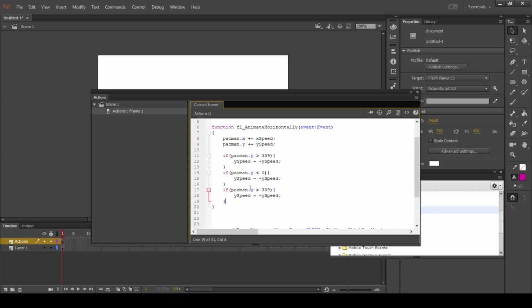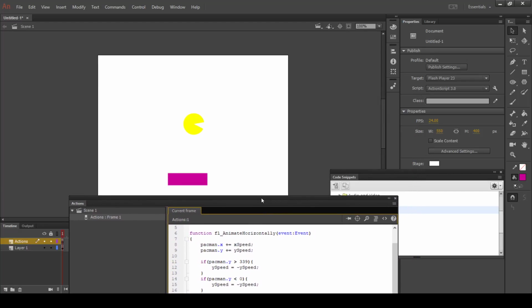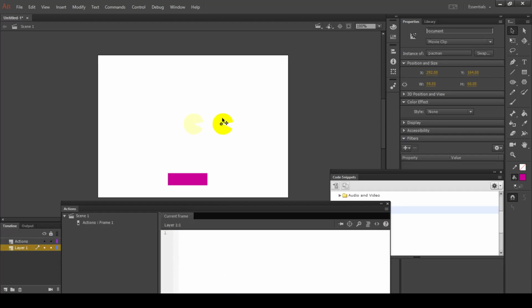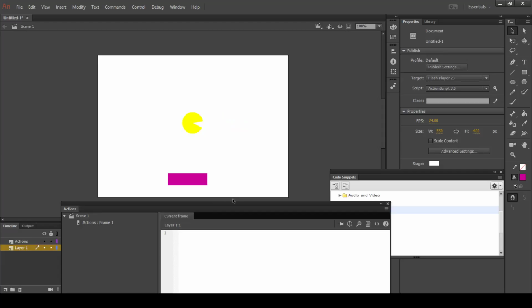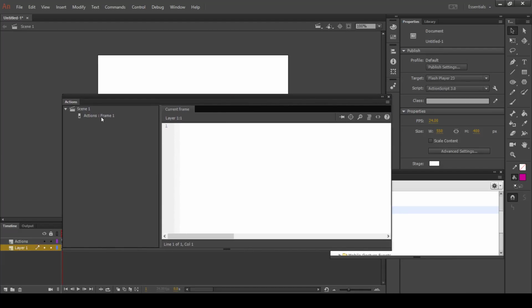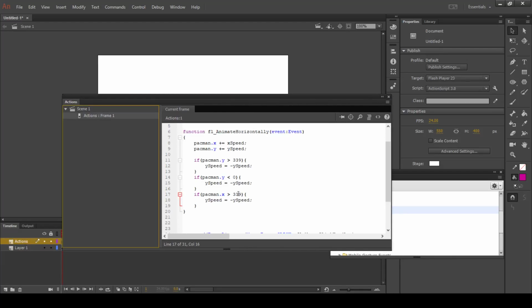Let's go after this one again, and we might as well do the sides as well. So the difference now will be working with the x. So pacman.x. And let's do the same thing we did with the Pac-Man before. We'll move the Pac-Man to the right, so it's touching. What is the value of x? 490. We can put that back in the middle. So 490. So if it's greater than 490,